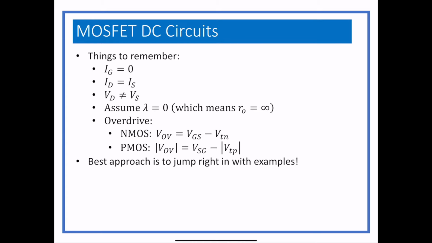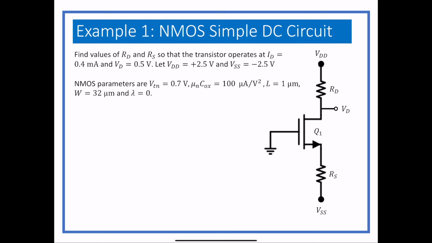So, as I said, we are going to jump in and just do examples, and this time we will do a bunch of DC circuits that all have different applications, and then on Wednesday we will do DC circuits that are specifically designed for amplifier circuits. So those are different, and we'll look at those as a separate thing. So first example,